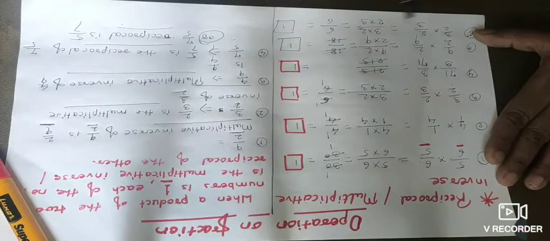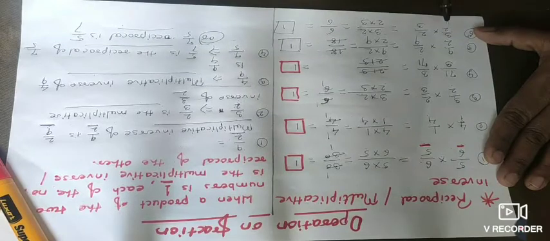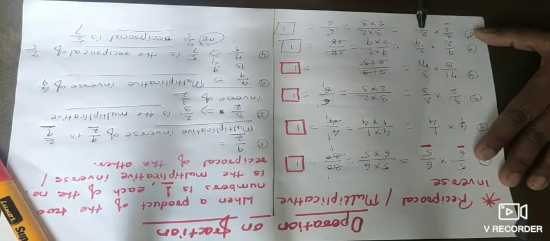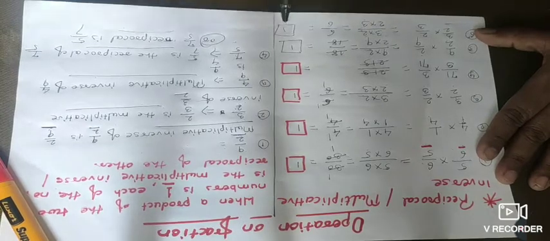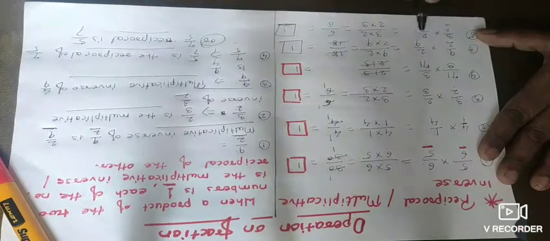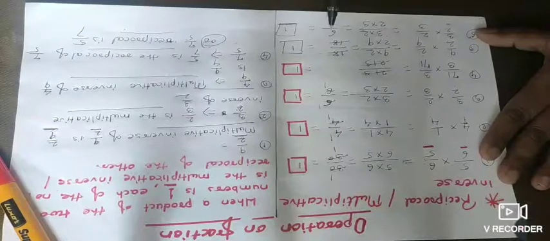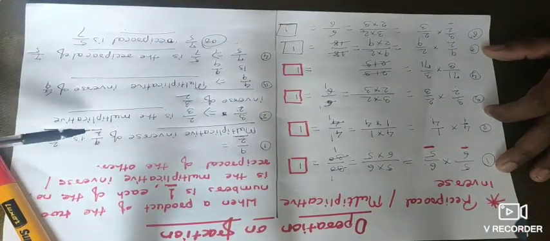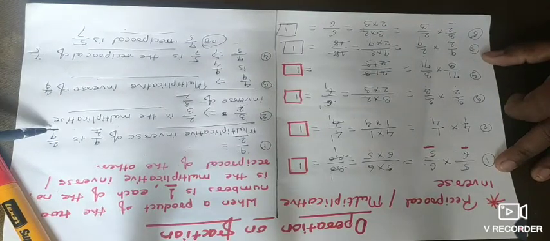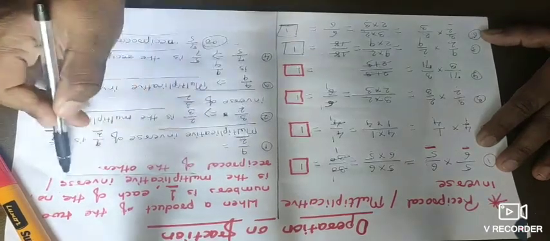Okay. Now here the second example. What is this fraction? 3 by 2. So if you are multiplying 3 by 2 with 2 upon 3, then what happens? Its answer is also 1. So 2 into 3 into 2 and 2 into 3. So 3 2s are 6 and 2 3s are 6, and 6 get cancelled with 6, and we are getting here 1. So as per definition also what happens? We are getting the multiplication of number and its multiplicative inverse is 1. And this multiplicative inverse, otherwise reciprocal.